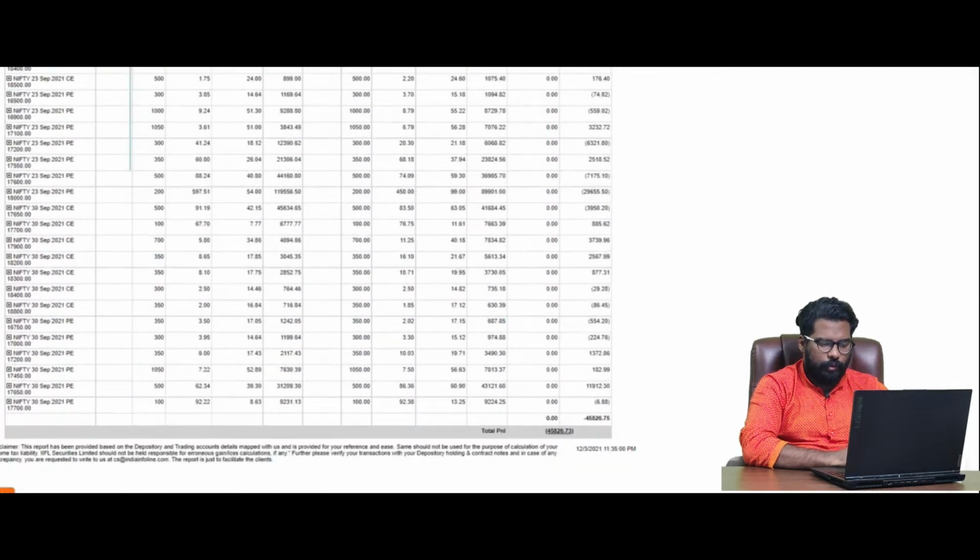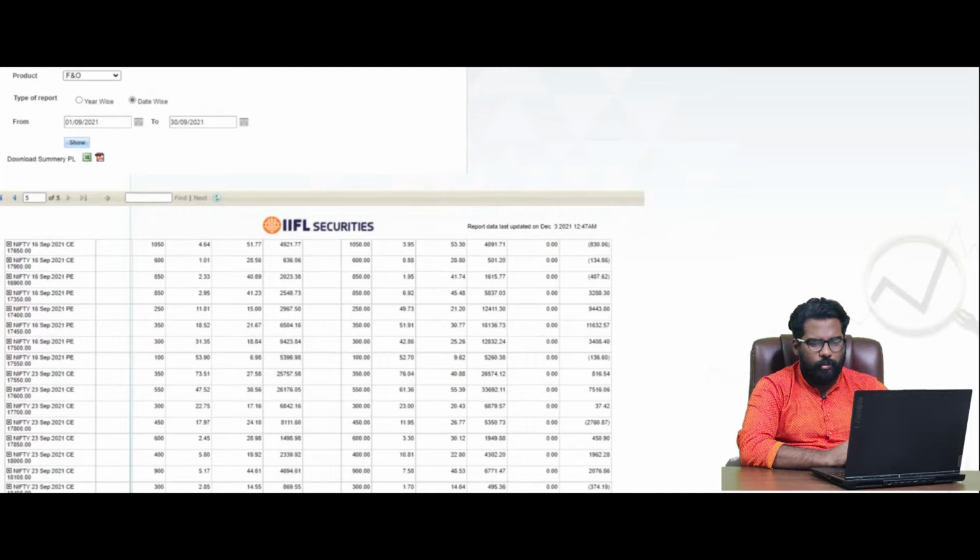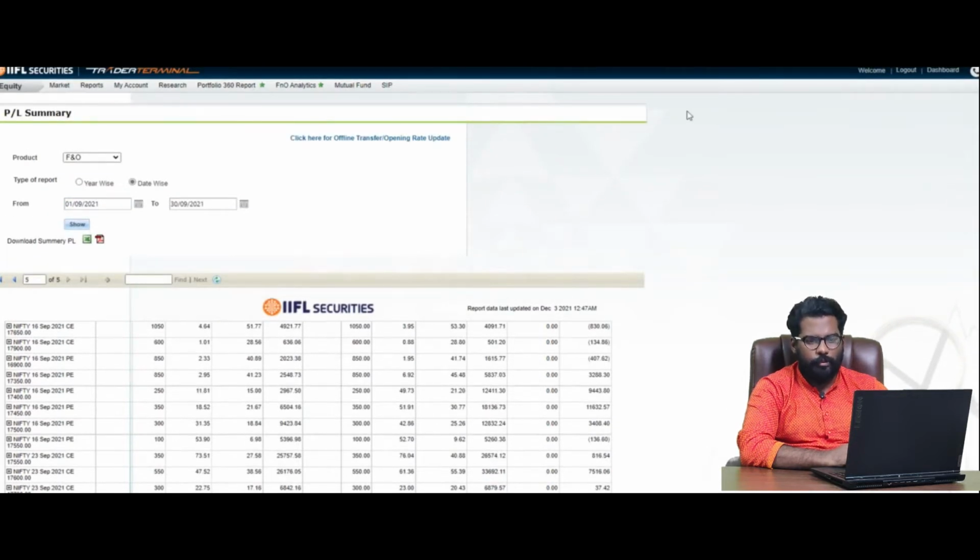You can notice for the month of September, I have made negative 45,000. Yes, I have made a loss of 45,000, which turns out to be approximately 1% negative for the month of September. Now for October,